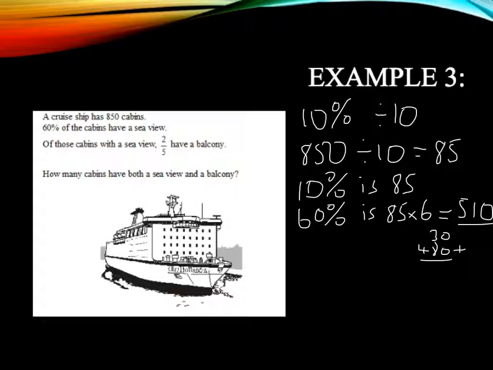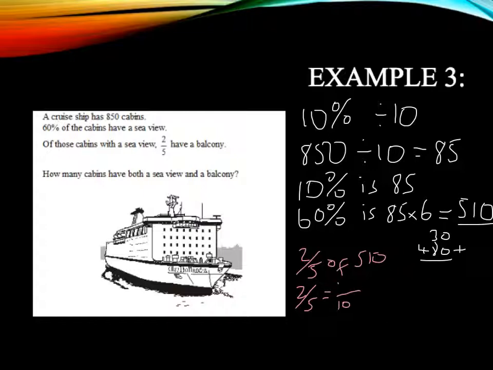510. Now, it then says, of those cabins with a sea view, 2/5 have a balcony. So we're now applying a slightly different skill. We want to know what 2/5 of 510 is. And again, we could have converted this into a percentage if you prefer, or we can just go ahead and work it out. I'm going to turn it into a percentage just because that's what we've been doing, and it's quite easy to work out percentages. So if we're turning this into a percentage, 2/5 is the same as